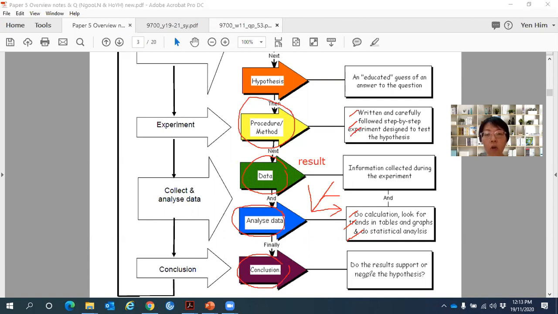So conclusion means conclude. Do the results support your hypothesis or negate your hypothesis? Negate means negative. Negative means go against, means it is against your hypothesis. Okay, it's not aligned with your hypothesis. So once you do your conclusion, you can